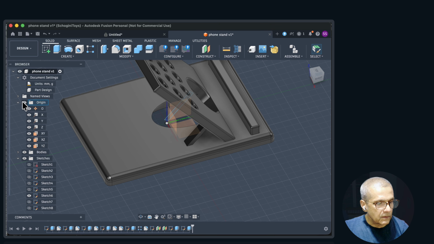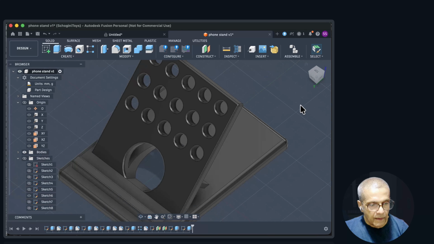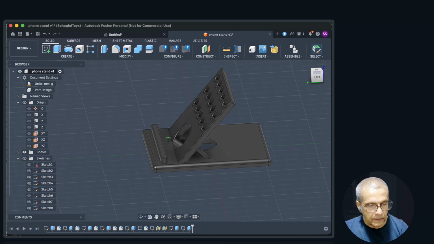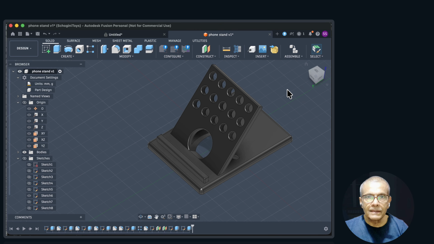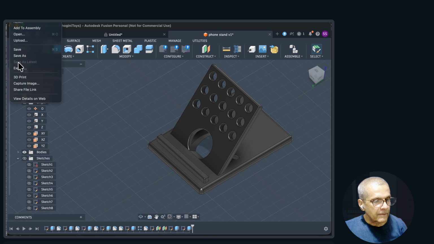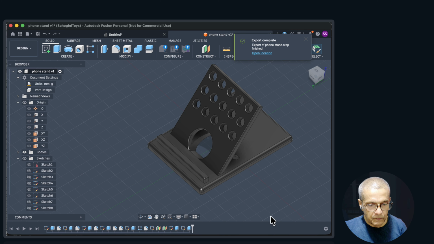Okay, let's turn the origin off and sketches off. We have created a phone stand. So see you in another experiment like this, directly jumping in and trying to figure your way out. And we can export this design as phone stand and step files, which is considered to be